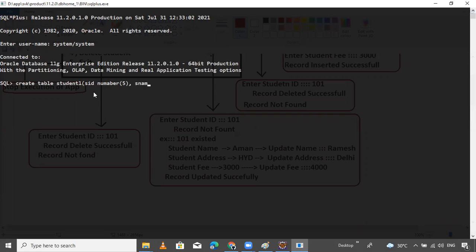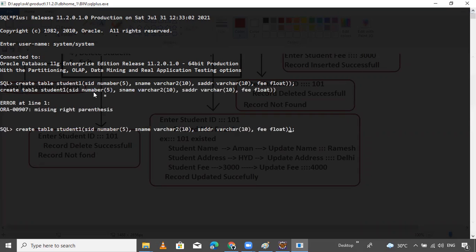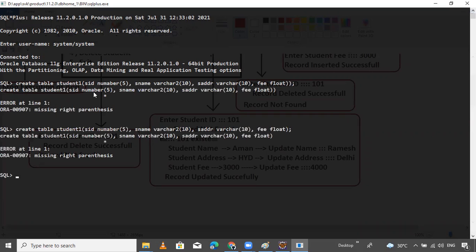Name, varchar2, like 10, comma, SADDR, student address, varchar, also like 10, fee, student fee, column is like float. I think float size is not required. Okay, parenthesis. Number, NUMBER, okay, spelling mistake.